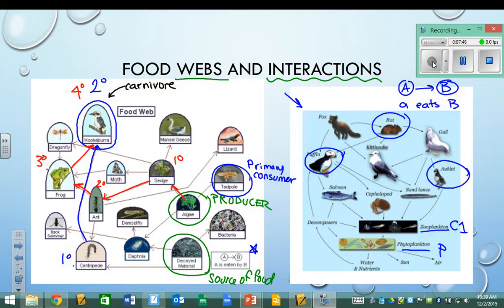All right, I'll go through this example and just show you how I would figure this out. I'll start with the puffin. Based on what the puffin is eating, there are, in pretty much every case, two levels between it and the producer. If I look at what the puffin is eating, it's eating the salmon, the cephalopod, or the sand lice. All of them are eating the zooplankton, and the zooplankton is eating the phytoplankton. If I follow that path, that makes all of these things secondary consumers, and the puffin a third level consumer.